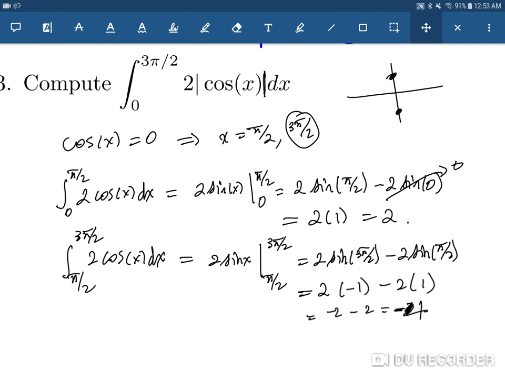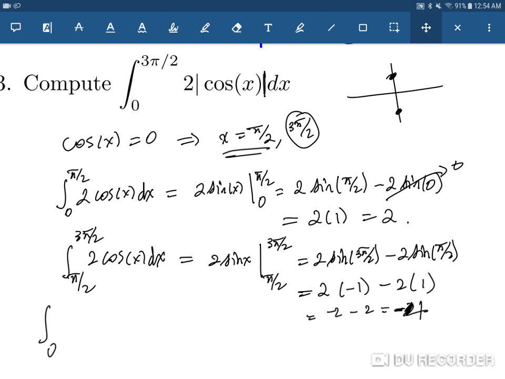So if I had an absolute value, that would eliminate the minus, because cosine of x we know has only one sign. From pi over 2 to 3 pi over 2 it's only negative, because we set it to 0 and we solved it and we got pi over 2. So there's no 0 between pi over 2 and 3 pi over 2. So